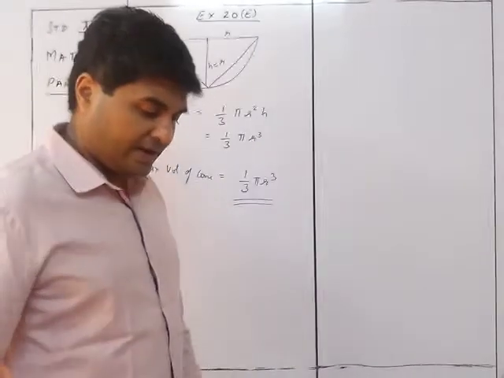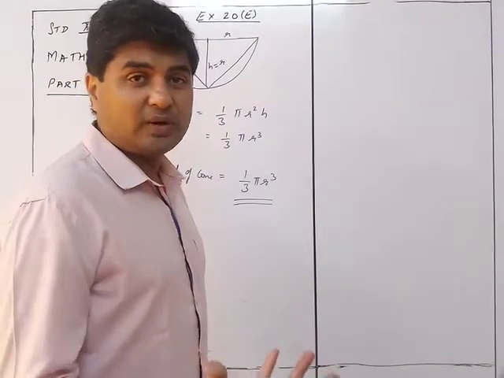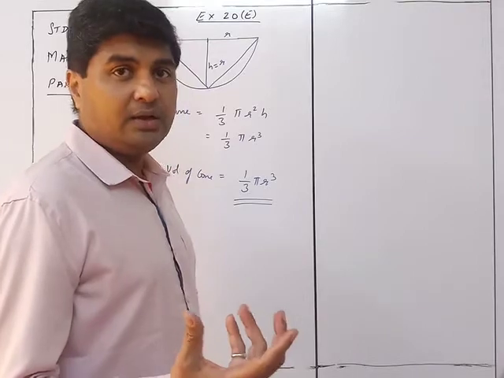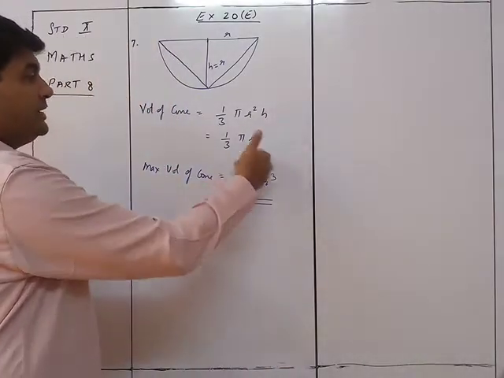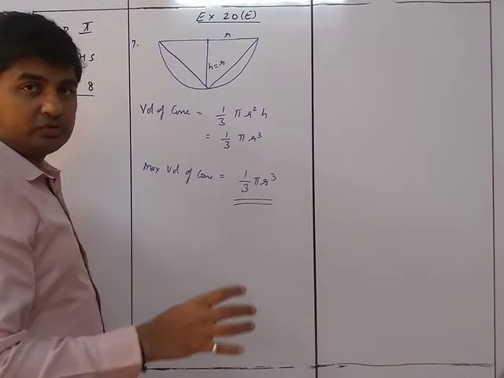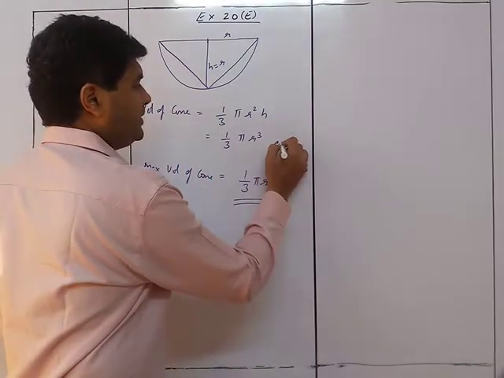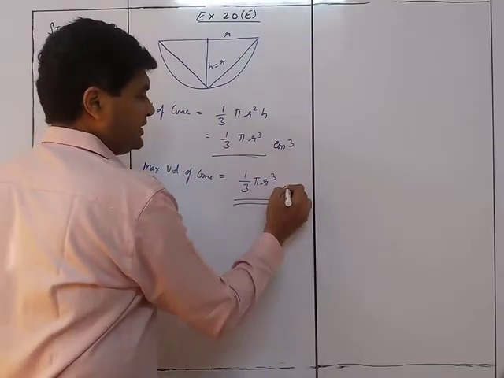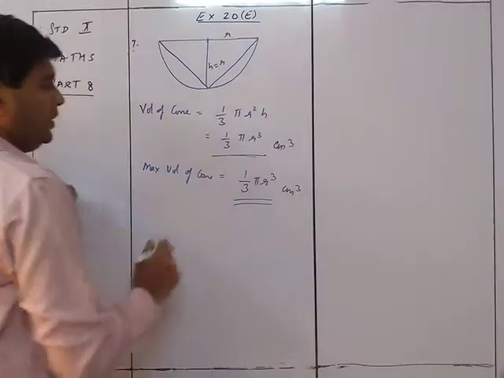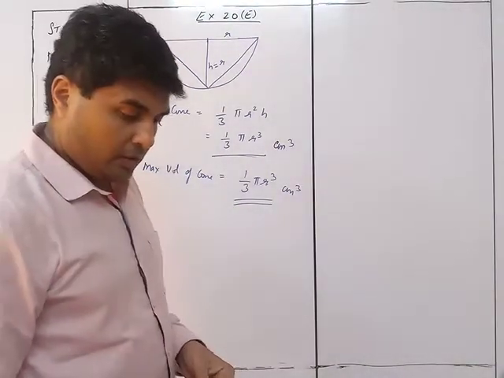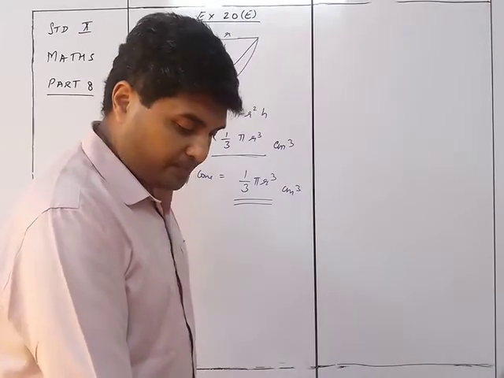A very easy one as such, but sometimes the written work itself is so difficult to understand that you fail to understand. Acha, yehi answer hai kya? You get confused. So yeah, that is the answer. This will be centimeter cube as the answer of the maximum volume. We now move on to sum number 9.